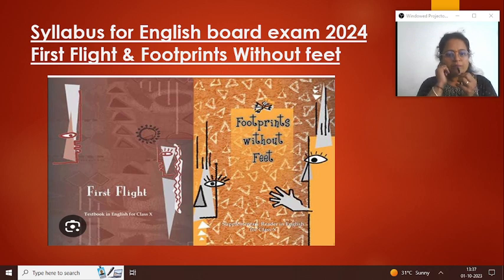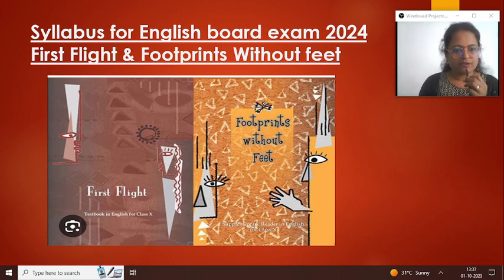Now the pictures you're seeing on the screen are very well-known books for you, but for the students who may not have gone through them, or those who are studying from home or remote areas, I just have this, or you also should know this just to revise things. These two books you have.